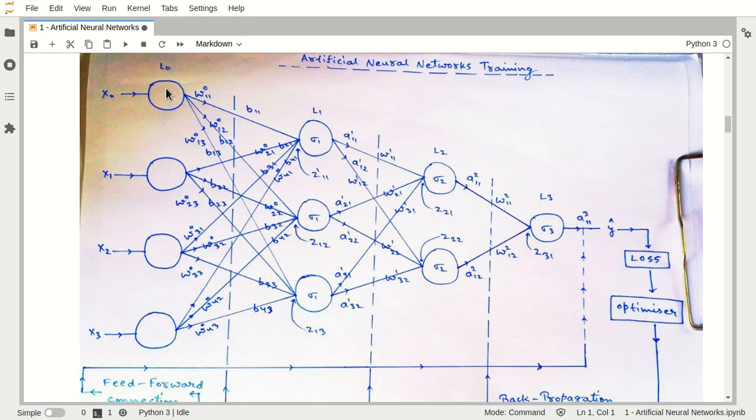These neurons are available inside layers, layer by layer. This will be your first layer, second layer, third layer, fourth layer. This will be your input layer, these two will be your dense layers, and this will be your output layer. Now we will ingest our data into this architecture. We have connected every neuron of this layer to every neuron of the next layer. These are the intermediate connections that we introduce. These connections have different weights and biases, which are considered parameters. I have discussed all of this in detail in our previous videos, so if you are not aware, try to watch those videos and then come here.